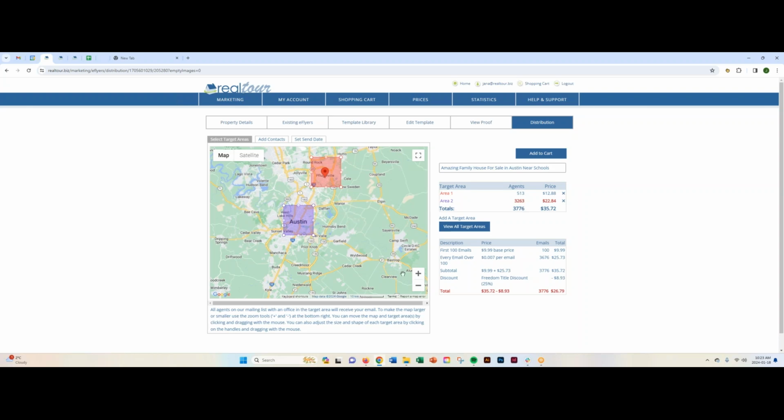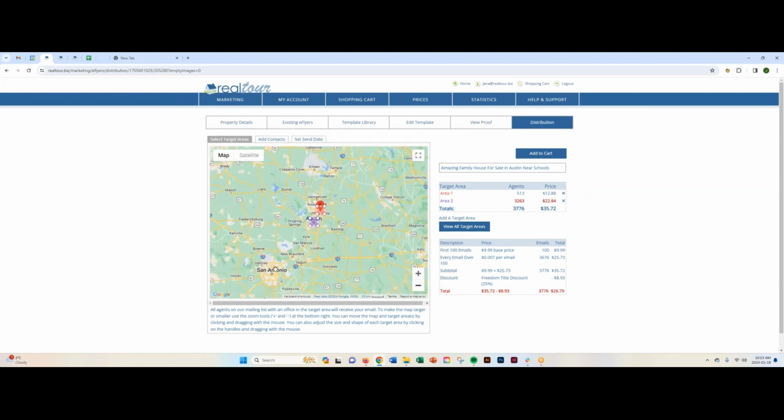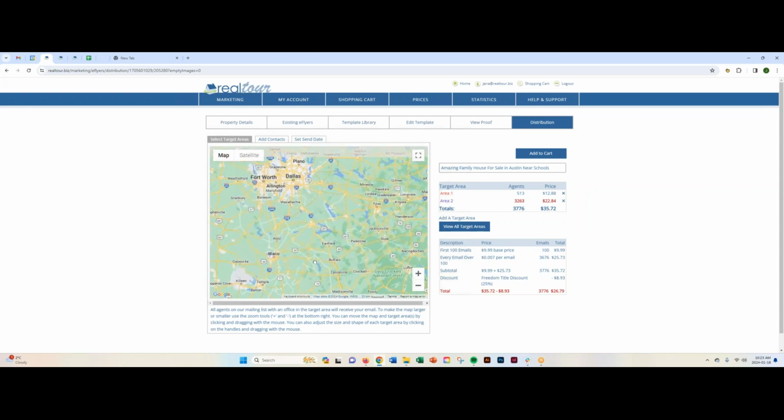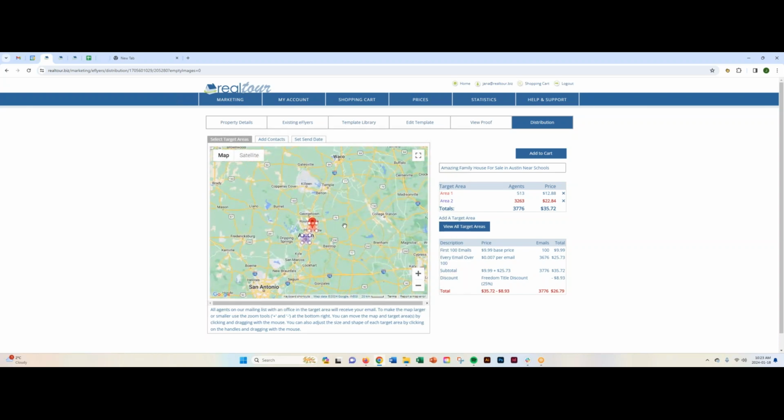Great. I can also zoom way out and I can hit 3 different cities. Maybe I want to hit San Antonio, Dallas, maybe I want to hit Houston, whatever you want to do. Maybe you want to do like 4 different blast areas. Maybe for some reason this listing is going to appeal to people from out of state who are going to move here for a job at a specific big company that's going up in Dallas, and I want to advertise it in Dallas, and I also know that people are going to be moving from wherever, California, to come and,